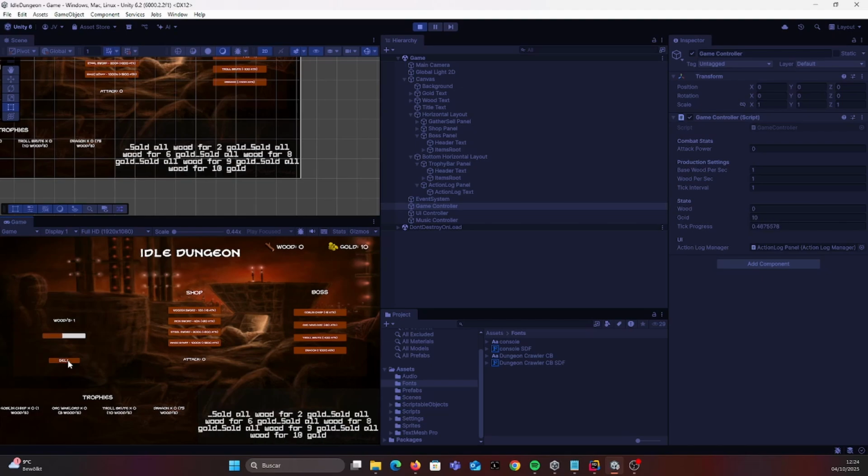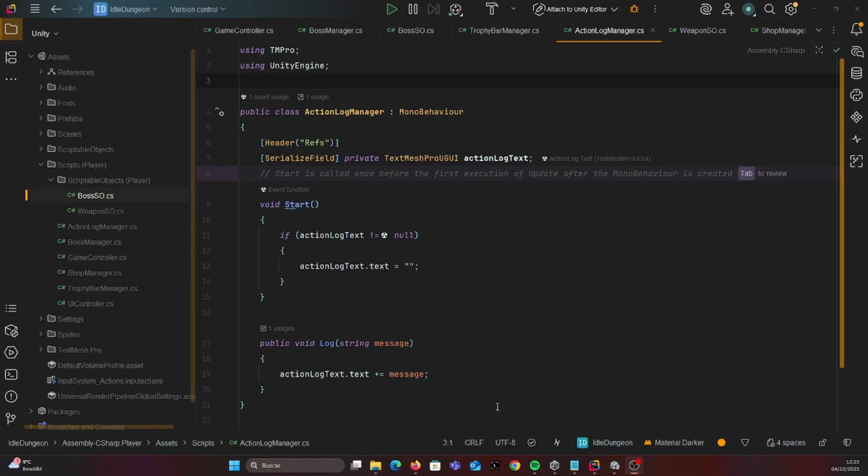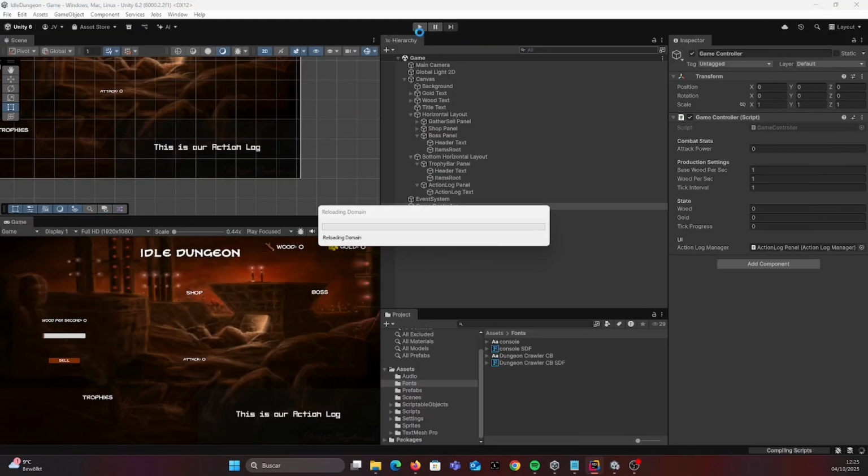Okay. Oops, there is a bug here. You see, everything is being concatenated. Let's fix it. Here is the problem. If you go to the Log function in the action log manager, you can see we say actionLogText.text += message. This is wrong because we want the new message to replace the old one, right? So we need to remove the plus. And then if we run the game,